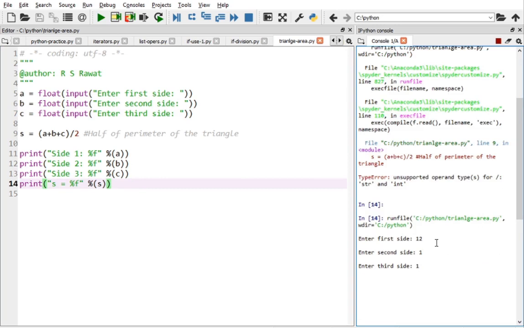12, 1, 13. The values are printed, the calculated value is also printed, and now we should extend the code to compute the triangle area. And in order to calculate the area of a triangle, we have to check whether